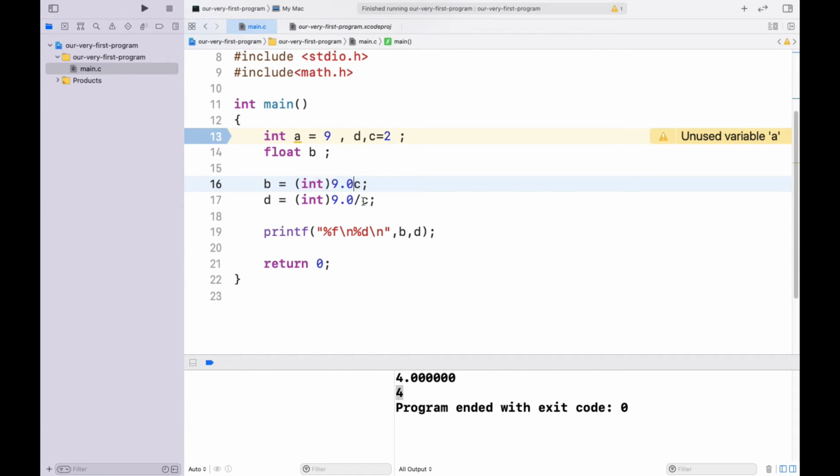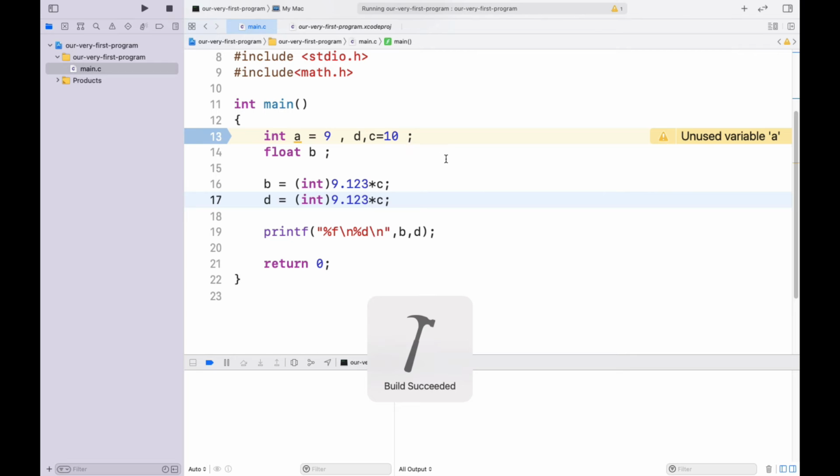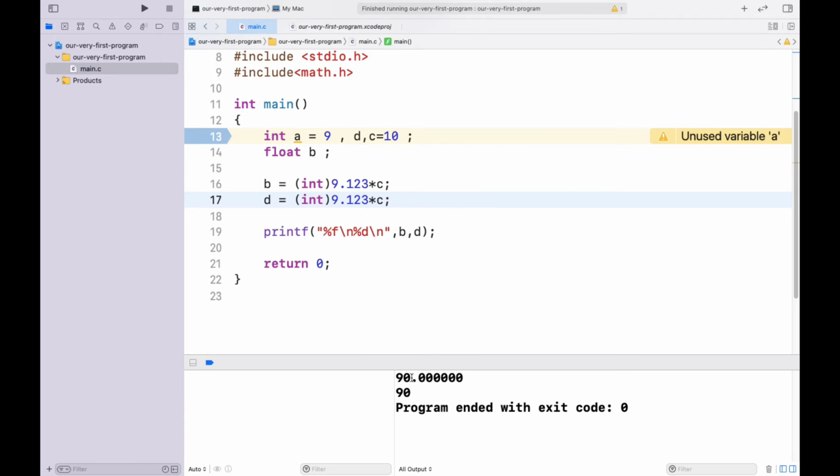You can also see this in multiplication. Suppose the value of C is 10 and the constant is 9.123. Actually we should receive 91.23. Let's see what we are getting as an answer. We are getting 90.0000. Why?